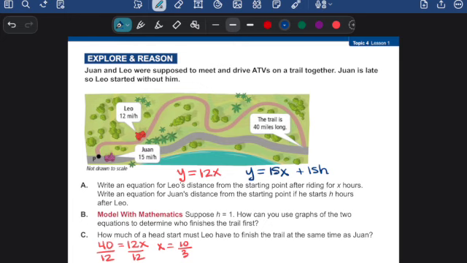For Juan, we're going to do the same thing. Well, now we know they're going to finish the same time. So this is the time then that we're going to put in for Juan. Because if he's going to finish at the same time, then Juan, who's going faster, is going to have to finish in this time. So we're going to plug in this time for x into Juan's equation. Because, see, we have two variables, so we don't know how long he has to wait. So he's still going a total of 40 miles. y is still 40. 15 is his speed times the time that we're